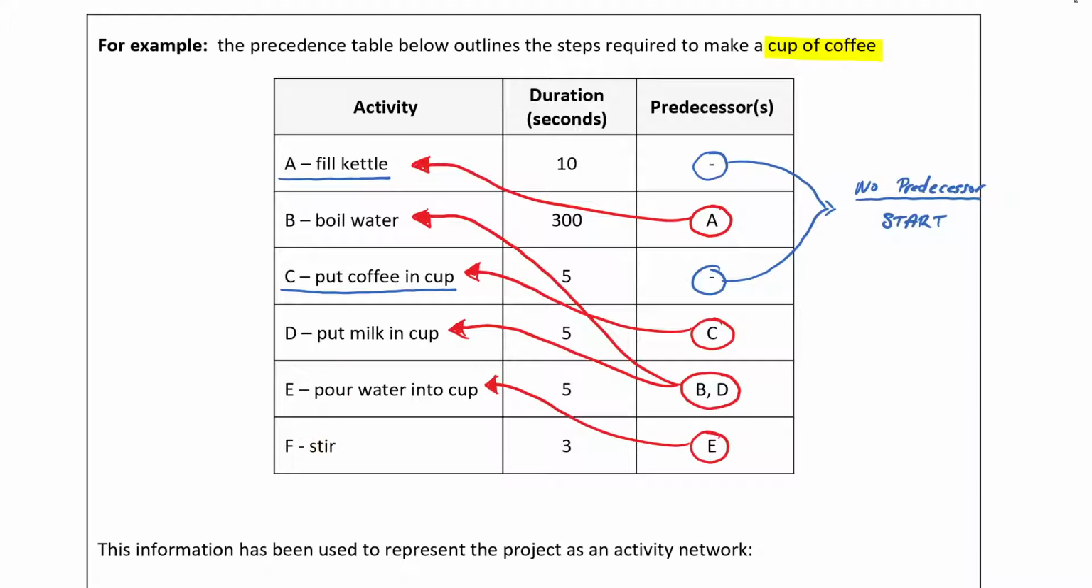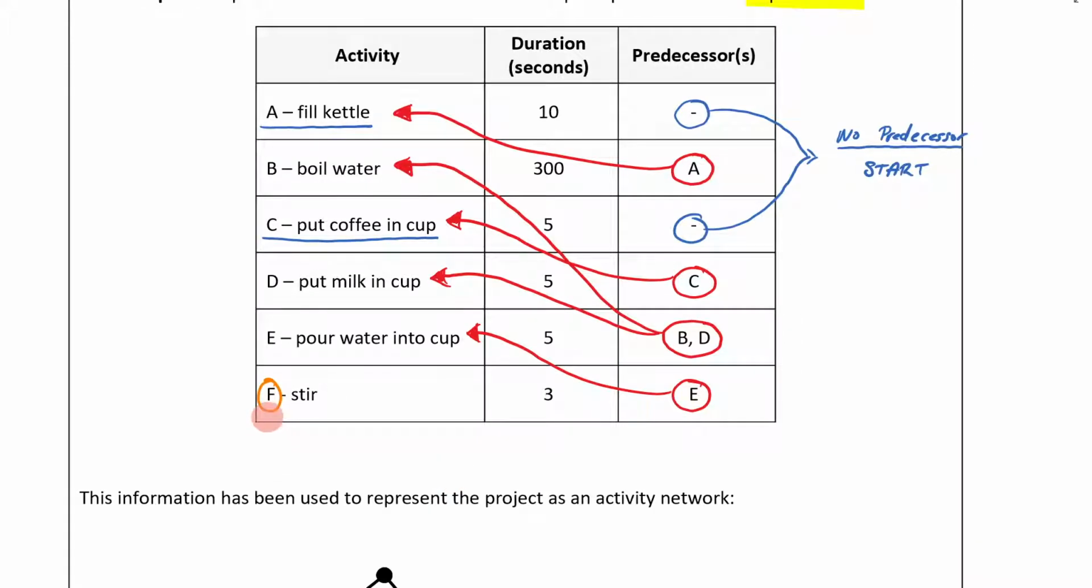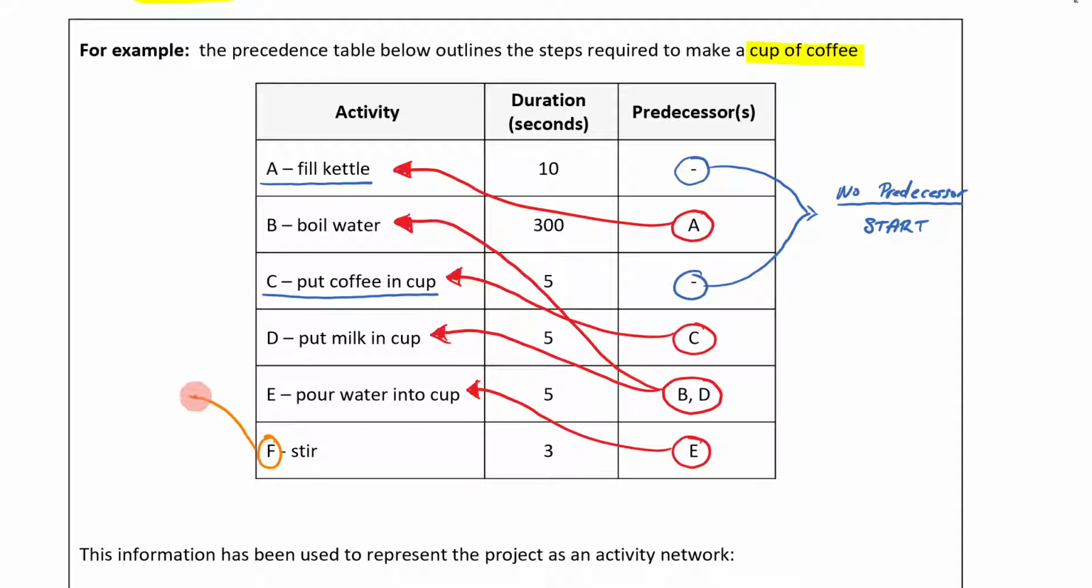Another thing I want to draw your attention to here is the fact that this letter F does not appear in any of my predecessors, does it? This letter F does not appear anywhere in this column of predecessors. So can I get you to write the following? Can I get you to write here that, well, that's the ugliest arrow I've ever seen. Let's try again. What I want you to write here is not a predecessor